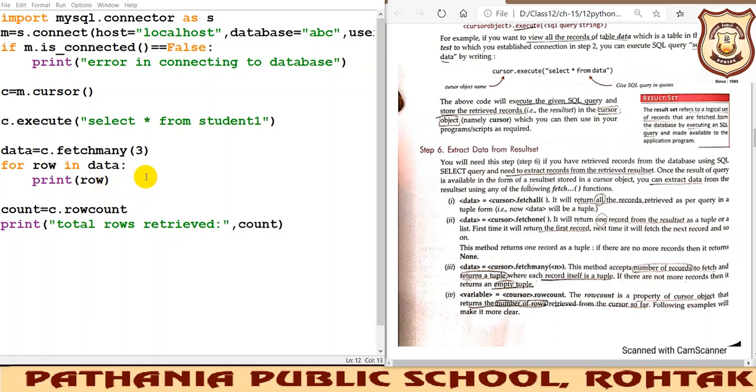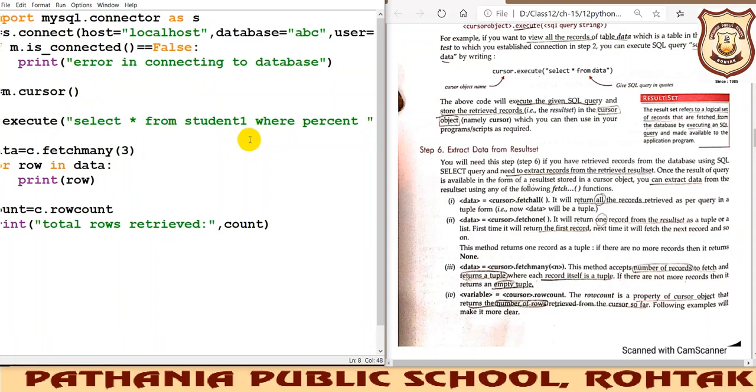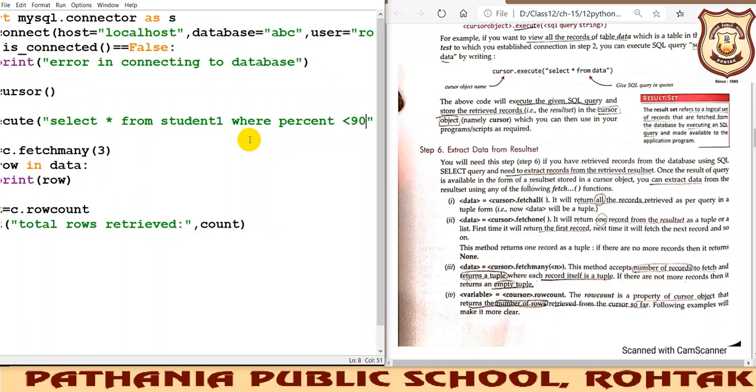Now one more thing I can do here, I can put a condition by using the where clause. Okay, where percent is less than 90.